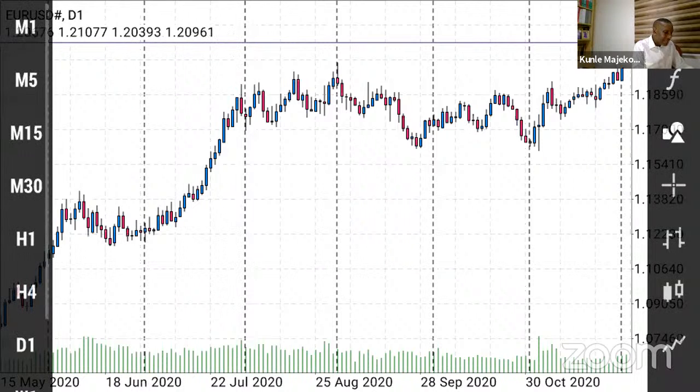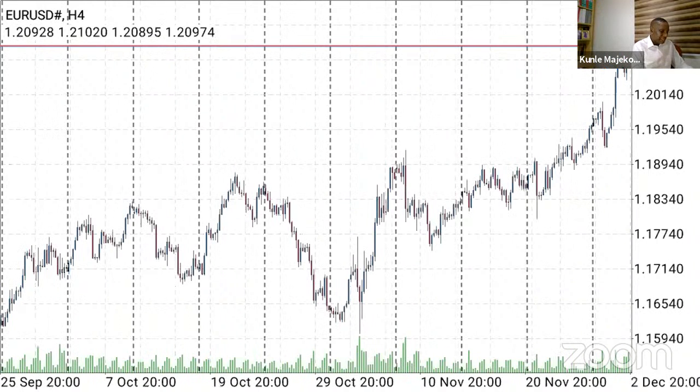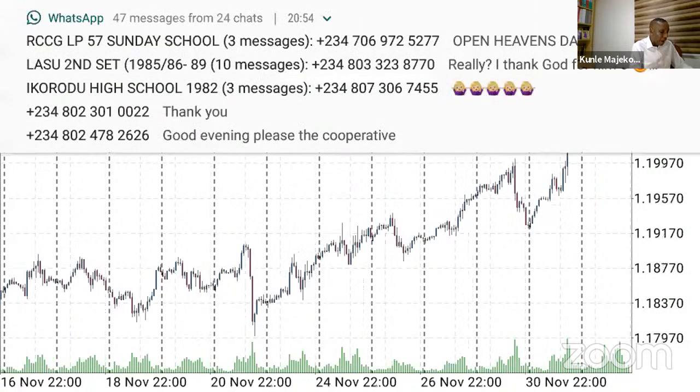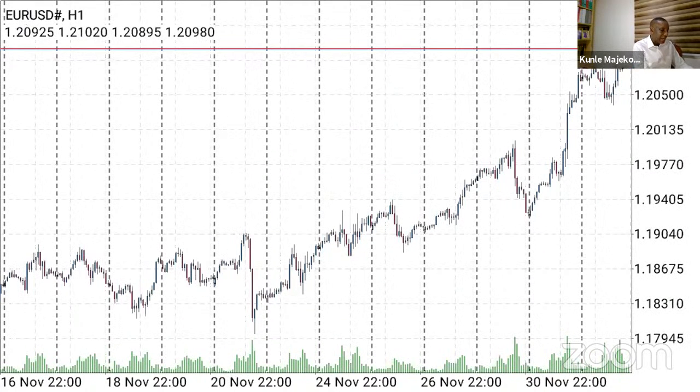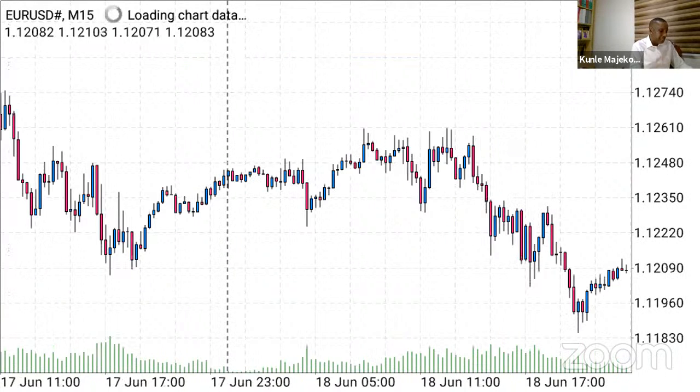Now, let's quickly move forward. Let me now look at H4, 4 hours. What is 4 hours telling me? 4 hours is same for same. It is rising. It shows it is rising. Will it want to come back and test? Well, time will tell. Now let me look at the hourly candle. You can see that the price is still going up. You can even go down to 15 minutes.